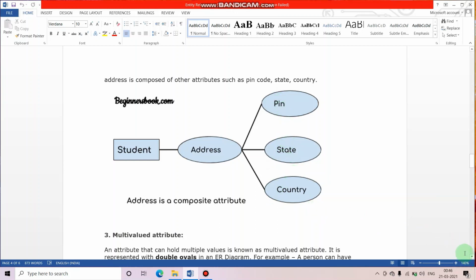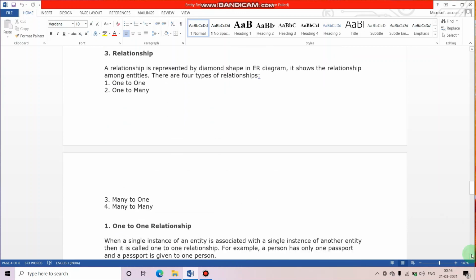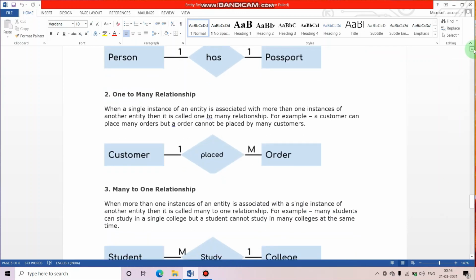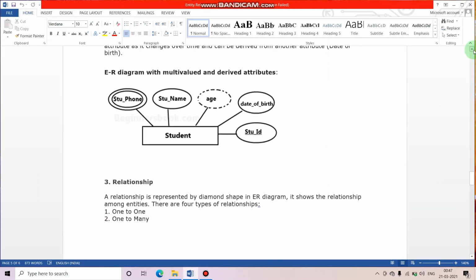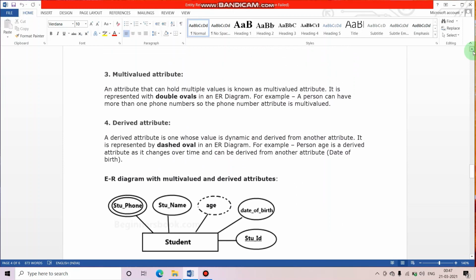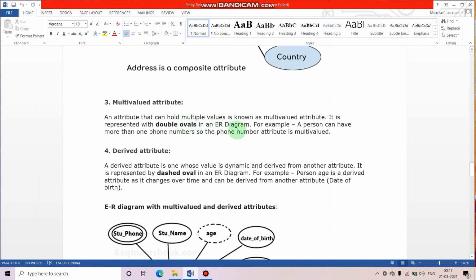So now multi-valued attributes. Now for example, guys, see, I have one attribute, one column to specify, say, phone number, right? So a person can have multiple phone numbers, so it is a multi-valued attribute. So for that, what we use is a double oval to specify that particular attribute. So for that, a double oval in the ER diagram is used. For example, a person can have more than 4 numbers.